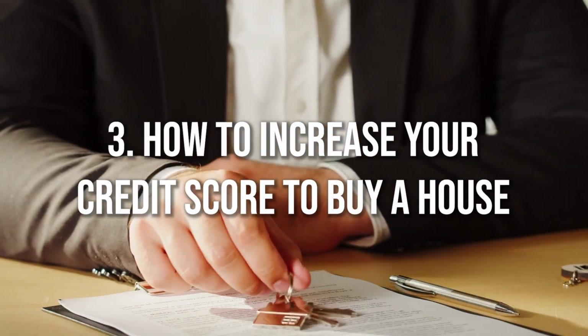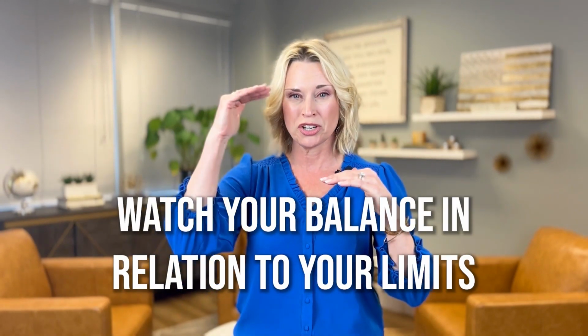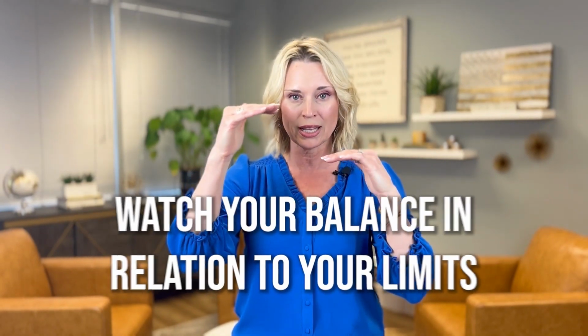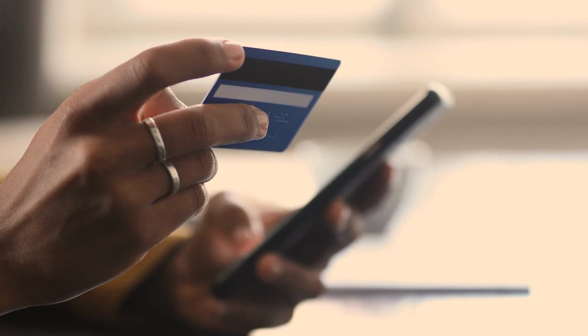Tip number 3. Now, this is one of my juicy secrets that not a lot of people understand, and that is how to increase your credit score. Everybody wants to know that. The number 1 tip I can give you on this is watch your balance in relation to your limits, especially on all revolving accounts. So for example, if you have a $10,000 limit on a credit card and your balance is $10,000, that right there, even if you've never had one late payment in your entire history of having a credit card,